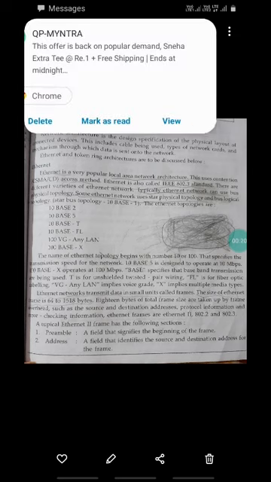Network architecture is the design specification of the physical layout of connected devices. This includes the cable being used, types of network cards, and the mechanism through which data is sent onto the network. Ethernet and token ring architecture are to be discussed below. So first one is the Ethernet.